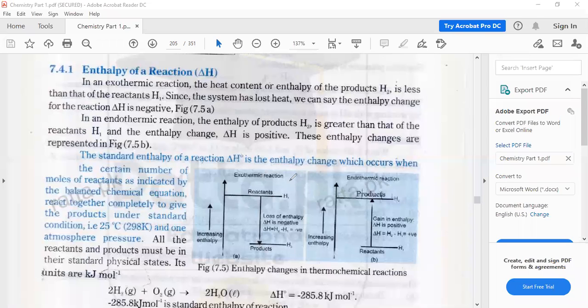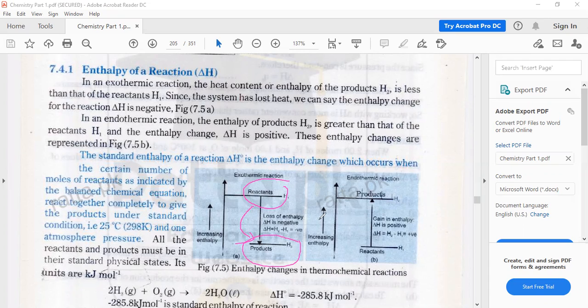That shows the reactants having high heat content. The reactants having high enthalpy. That's why when the product is formed, energy is released, heat is released, and the products having less enthalpy as compared to reactants. If we talk about endothermic